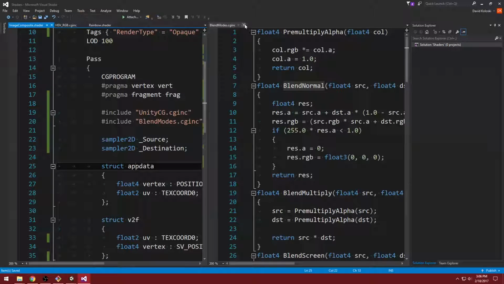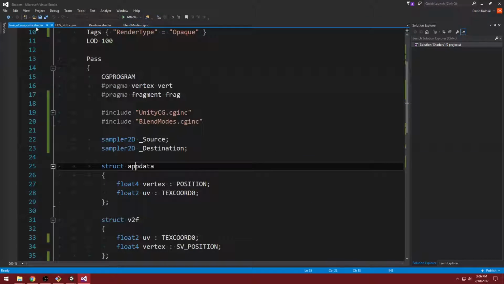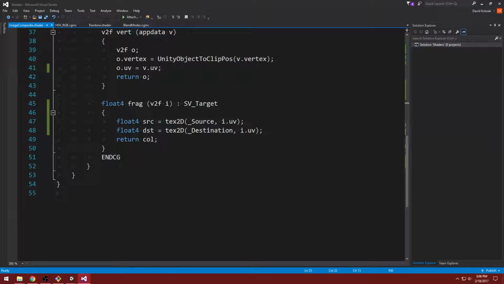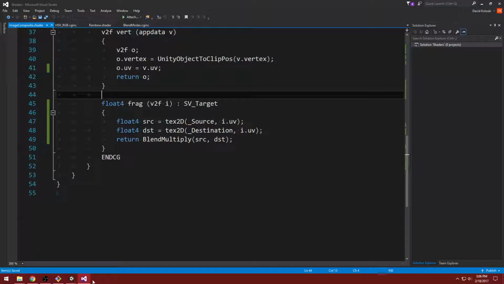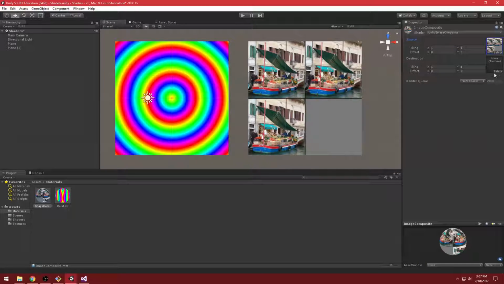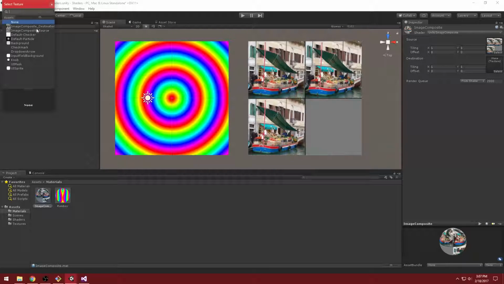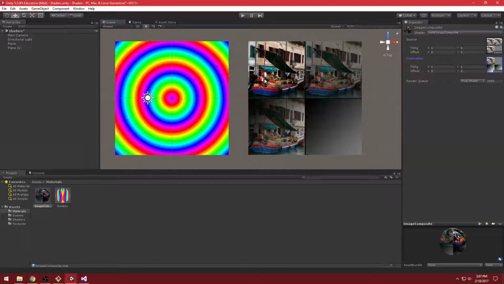So let's use some of those to blend our two images together. So each pixel, we're going to take one from source and one from our destination, and we're going to return our blend. Let's not do normal because that'll hide it. Let's do blend multiply of source and dest. So now we'll set our destination texture to destination, and you can sort of see that our image has changed pretty considerably,